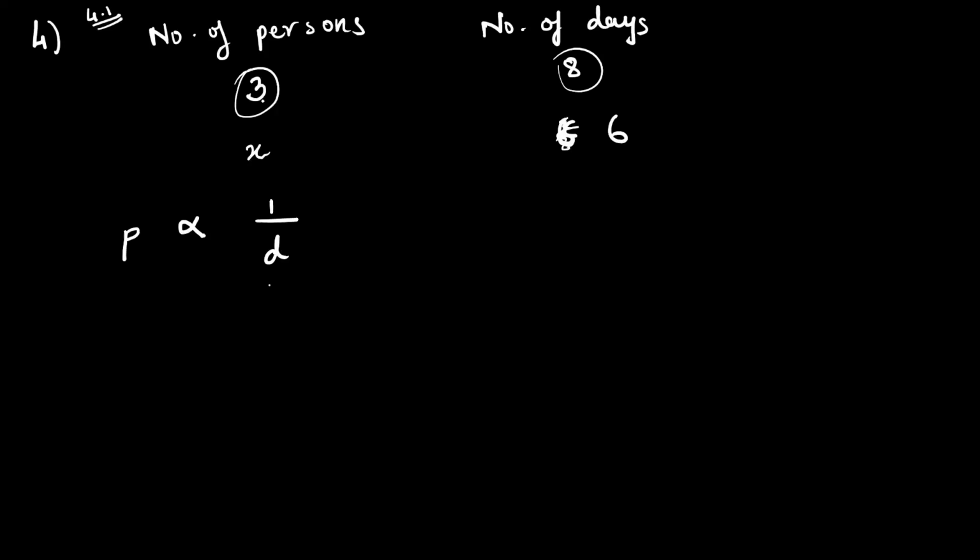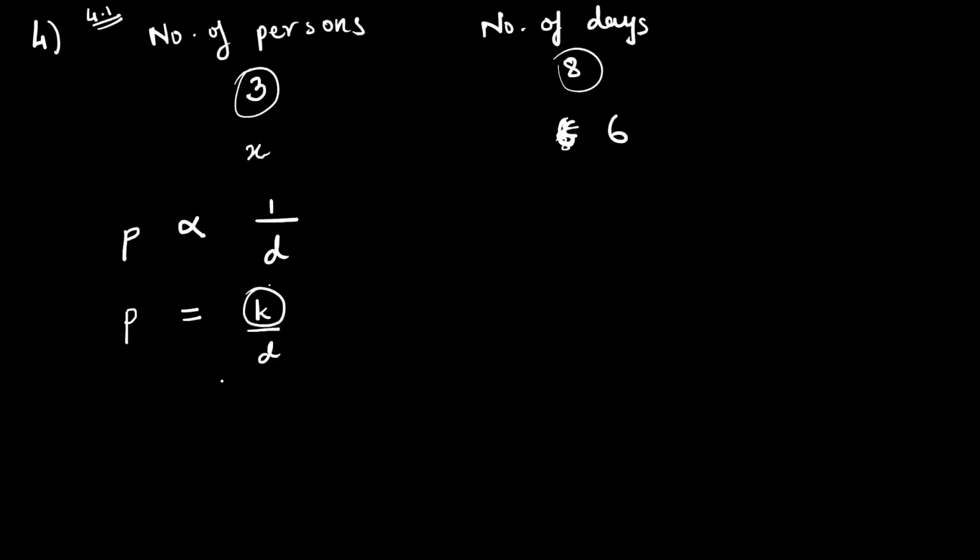Okay. Inverse का meaning ये है कि if I increase the number of persons, then the number of days will decrease. उल्टा होता है. अगर मैं बढ़ा रहा हूँ तो ये कम होगा. अगर मैं number of persons कम करूंगा तो number of days बढ़ेगा. Opposite is happening. So this is inverse variation. After that, what we would do is we would write persons. We don't know how to use this symbol. So we would write it as equal to. Right? And instead of that, we would write K upon D.